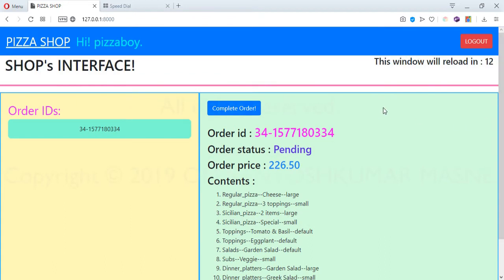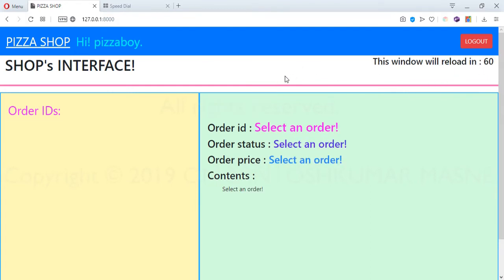Once completed, the employee can use the complete order button to declare the order as completed. After every 60 seconds, this window is refreshed to view newer order IDs.